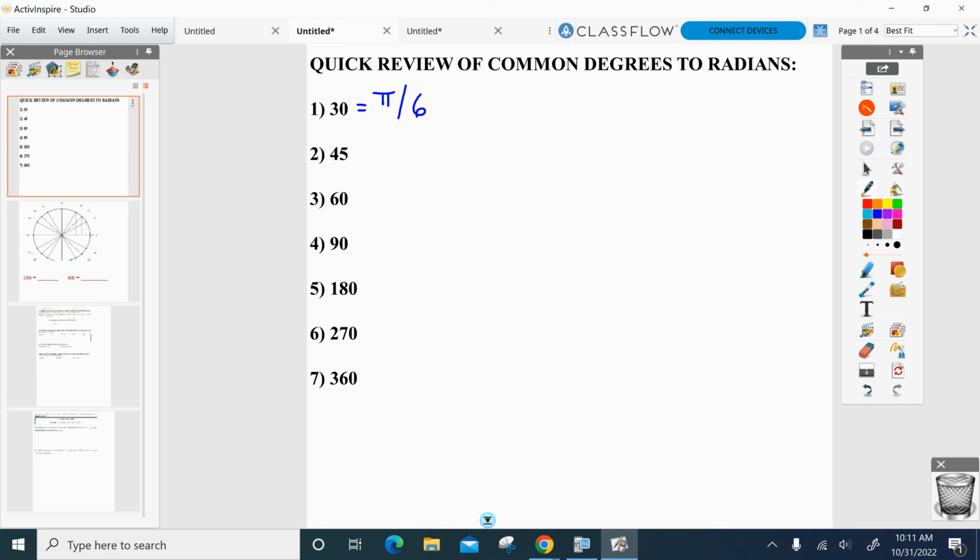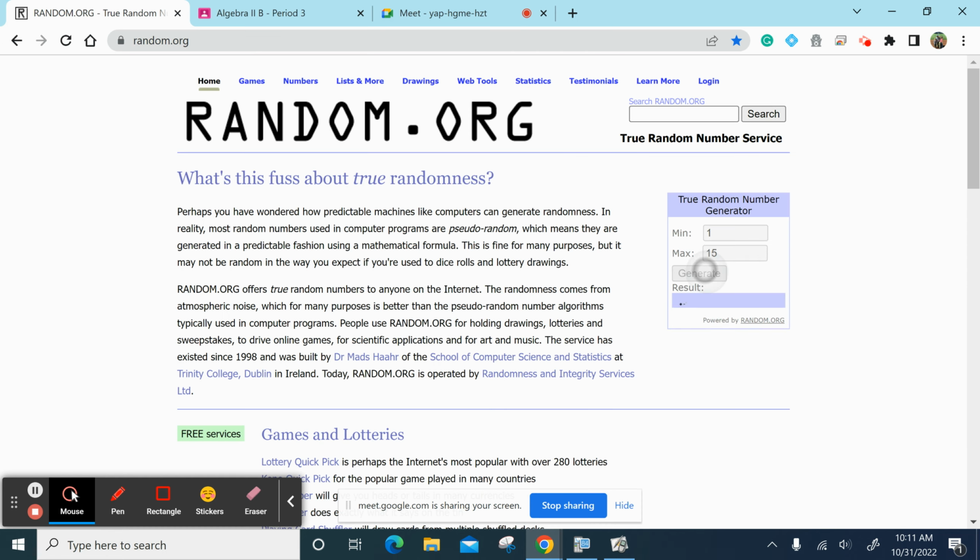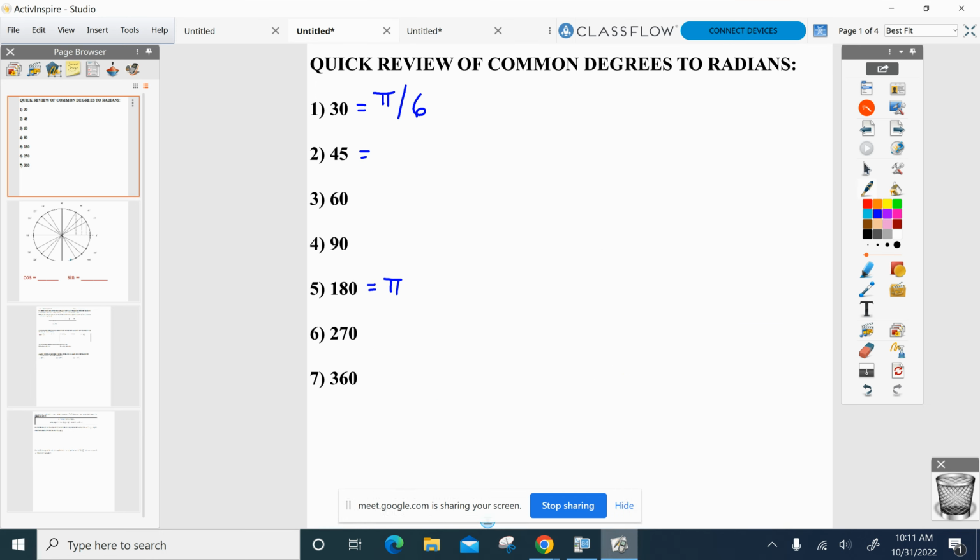Let's go right to number 5 here. What's 180? Pi. So anytime you put pi in, you're putting 180 in. So you can really think of it as 180 pi divided by what gives you 30. 45 degrees. Pi over